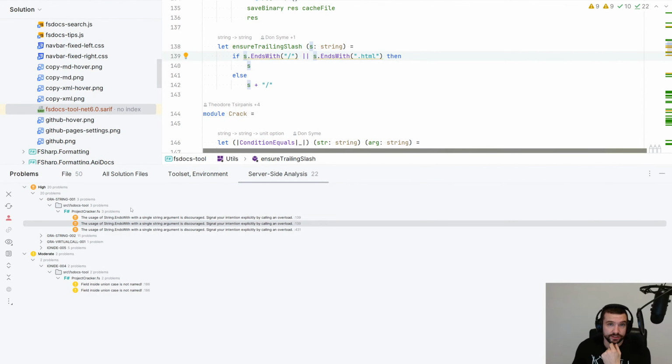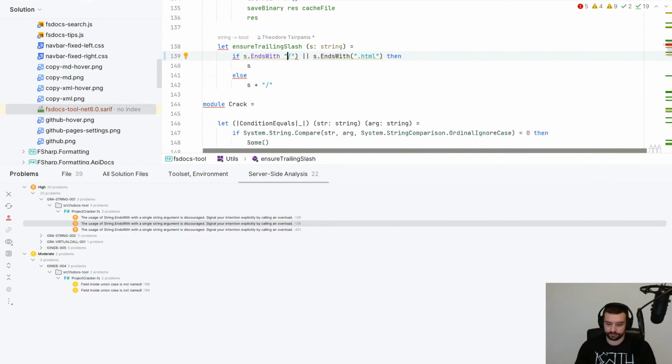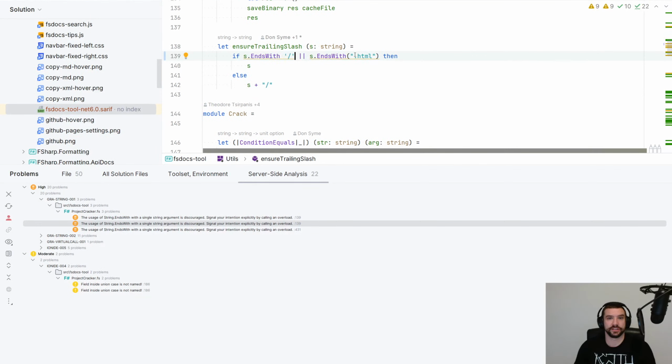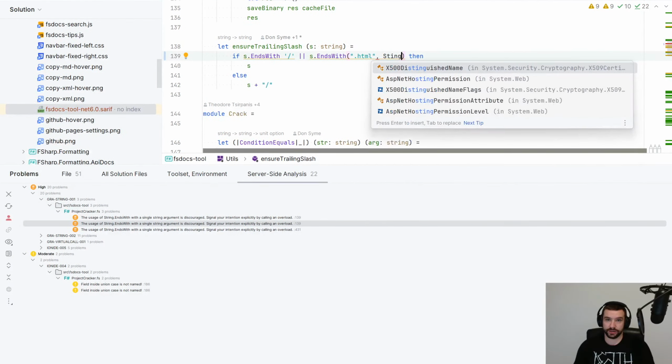And it just points out the problem. So in this case, it says string ends with a single string argument is discouraged. That's basically because of some problems you could have in the string API. So a fix for this would be, well, if you only have a single char, let's pass in a char here. Or in this case, we'll pass in the string comparison